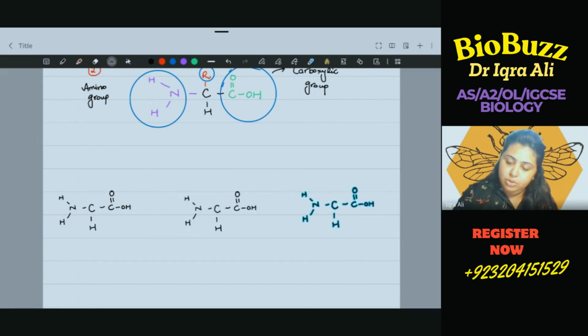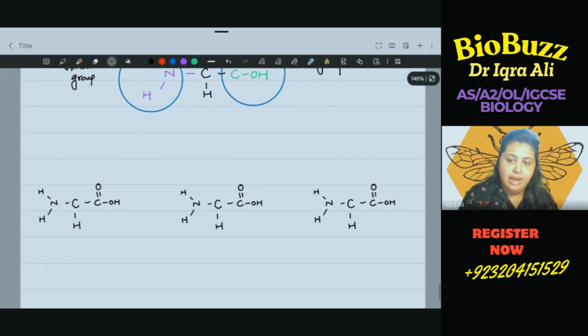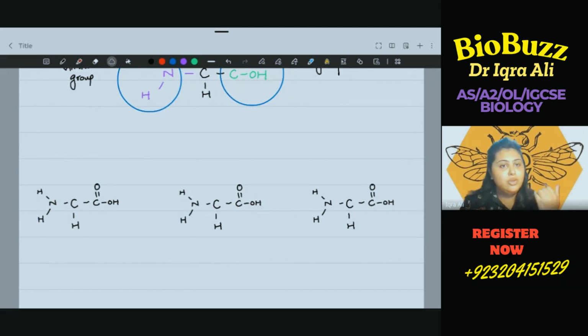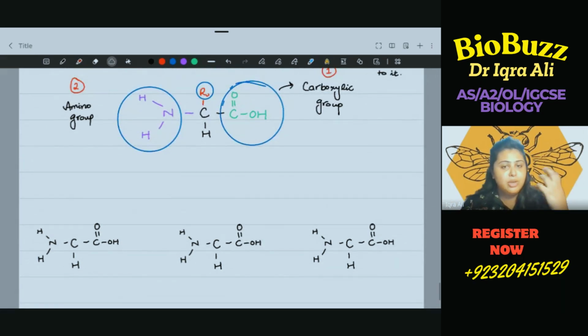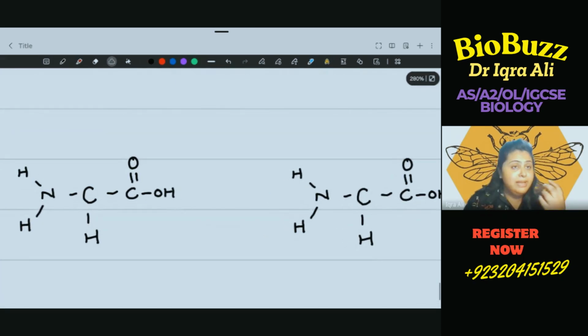Iman, is it clear to you? Okay, so I have copy pasted the exact same structure. Now I'm just going to change the R group. If you see the R group over there, I'm just going to change the R group. So first of all, if I'm going to replace the R with